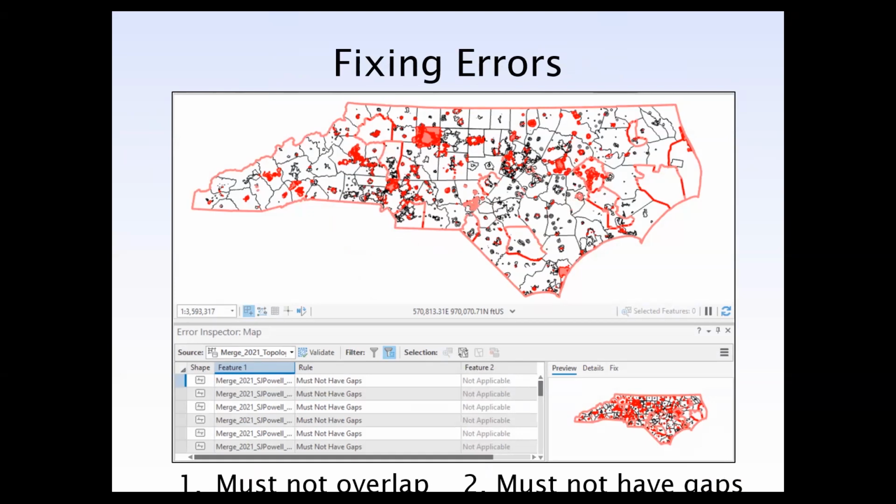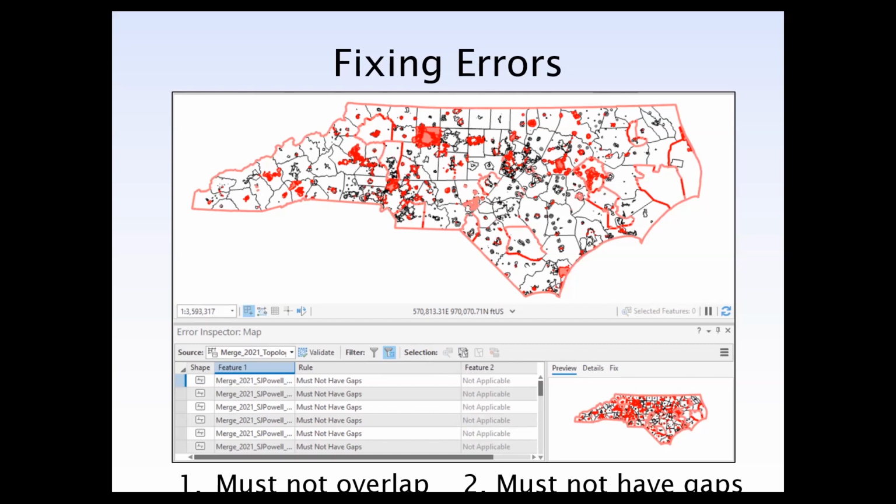These rules are meant to reflect the reality that, first of all, we can't be in 2 places at the same time, so the features should not overlap. But on the other hand, we have to be somewhere. So that deals with the gaps. At the most basic level, with respect to this data set, one is simply within the boundaries of a county. So if you're not in city limits or an ETJ or a military installation, you're simply in Nash County, for example.